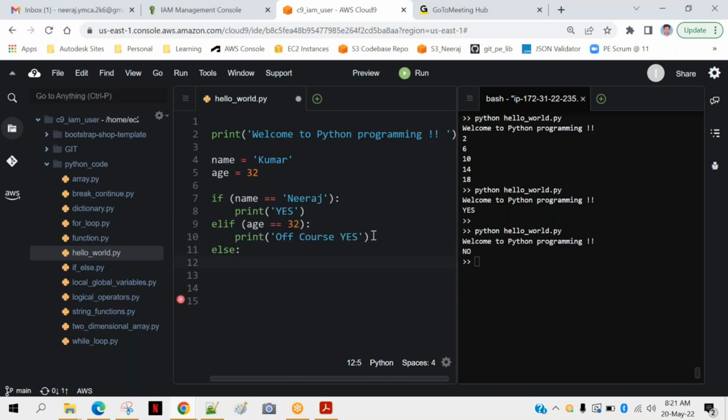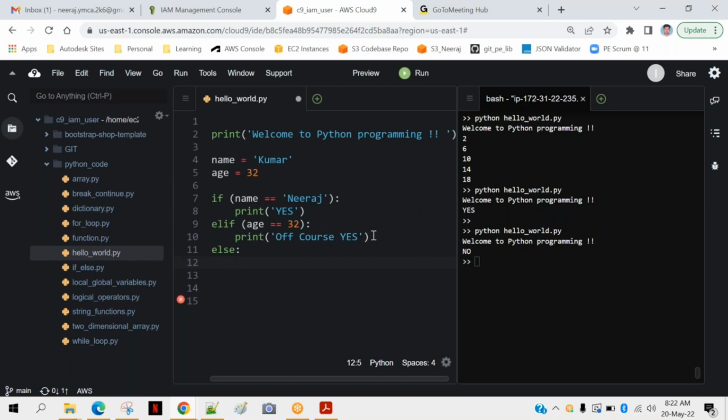For example, you want to find the criteria for a particular employee for the promotion. One criteria may be the total experience. The second criteria is the total tenure in this company. Third can be something else, like certification, right? So you check multiple conditions. If this condition is true, you will promote. If this condition is true, you will promote. If this condition is true, you will promote. And finally, after checking all the conditions, there can be some else condition, like not eligible for promotion,